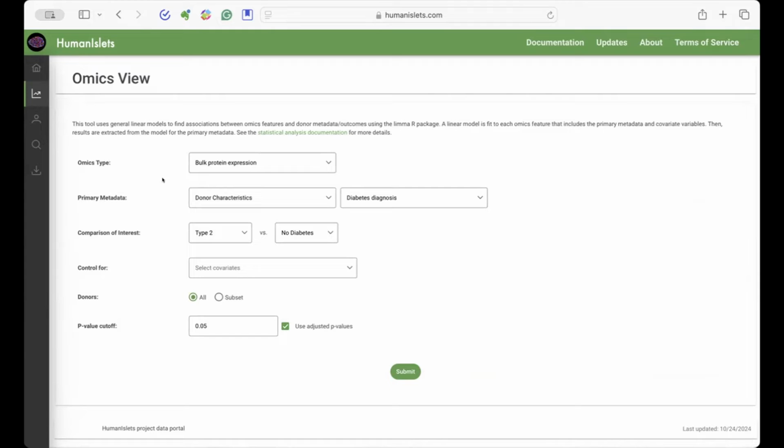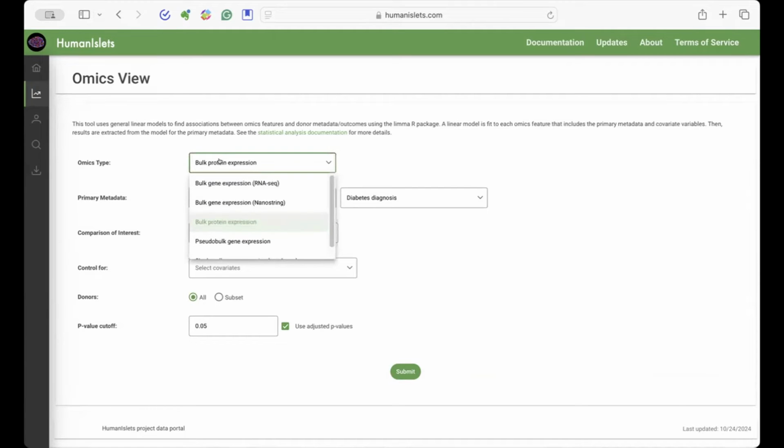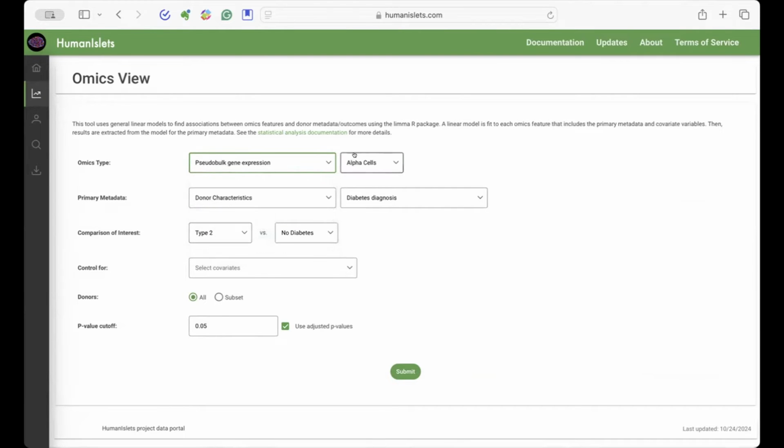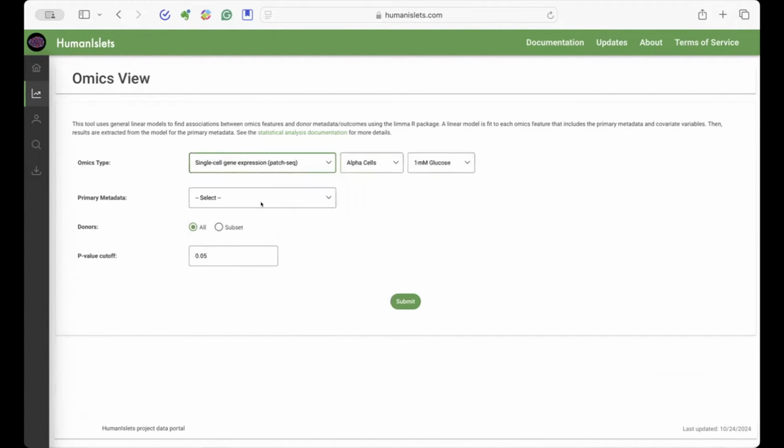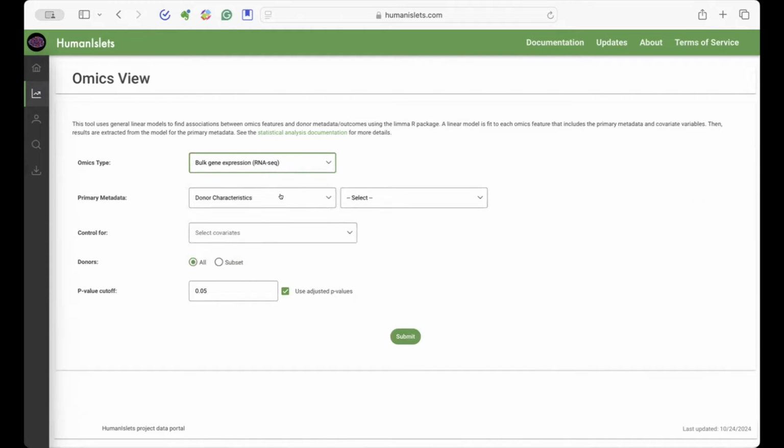What it allows you to do is analyze our omics data. And you can see we have bulk RNA-seq, bulk Islet nanostring gene panel, bulk proteomics. We have some pseudobulk gene expression for alpha cells and beta cells. And we have some single cell data we can look at with the patch-seq, and maybe I'll come back to that a little bit later. But what I'll show you is we'll look at gene expression, and we will look at how islet gene expression changes with